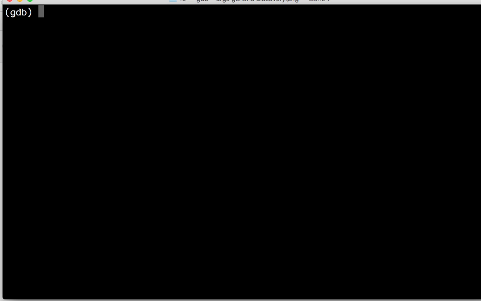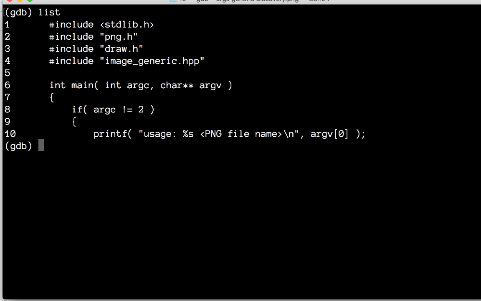And what you can do straight up is list the main function. The main function might call other functions and so on, and you can debug any number of source files using the debugger. So one thing you can do is simply run the program,